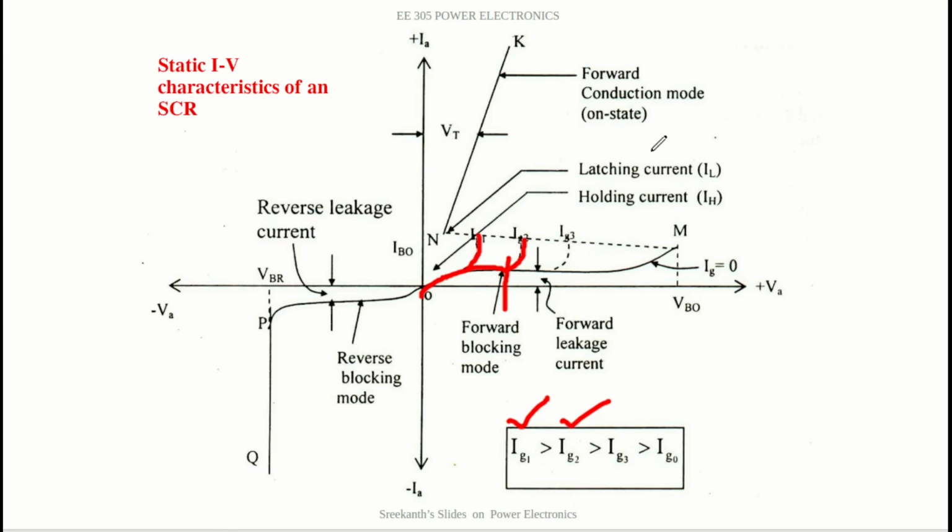So from this, we can conclude that the larger the gate terminal current, the larger the IG value, the quicker it shifts from forward blocking mode to forward conduction mode, or the quicker the SCR gets turned on. Quicker in the sense that for a lower voltage applied across anode and cathode, the SCR gets turned on if the current that is being supplied through the gate terminal is large enough. And since it is bad for a device to apply high voltage across it, this way of turning on the SCR is generally used.